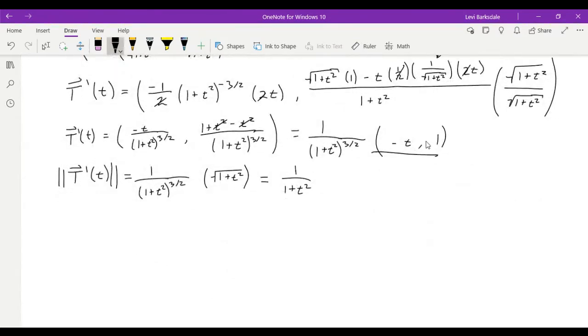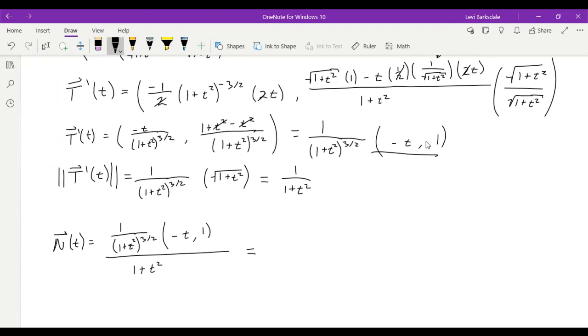Perfect. Now our unit normal is of course equal to our unit tangent, or sorry, the first derivative of our unit tangent divided by the magnitude of that first derivative. So we have 1 over 1 plus t squared to the 3 halves times this vector minus t comma 1 all over 1 plus t squared. Okay, and this simplifies down to, we can take